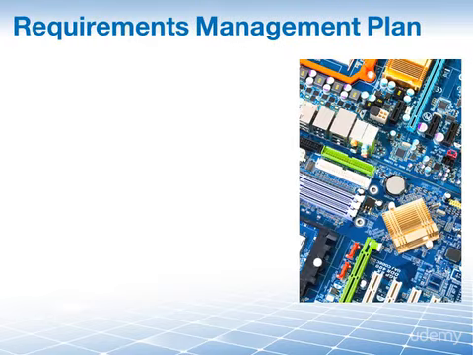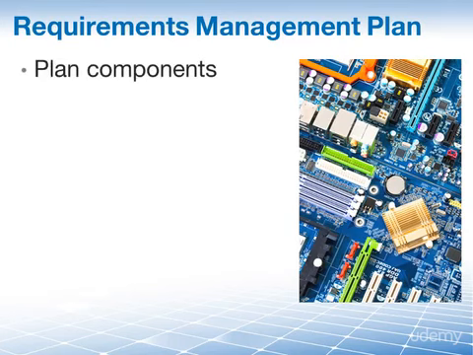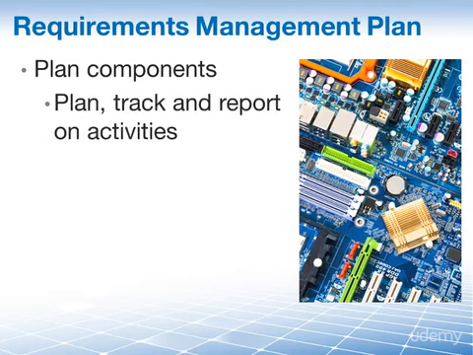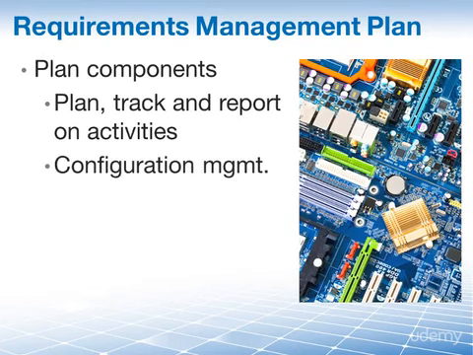Our second output is the requirements management plan, which addresses how project requirements are going to be managed. It gives us the plan, it gives us the process for this. It looks at the relationships between project elements and documents, and the approach to be applied to each element. Components of this requirements management plan include things like how we will plan, track, and report on the requirements activities, how we ensure that the product configuration management activities properly control the way we manage change to the project,